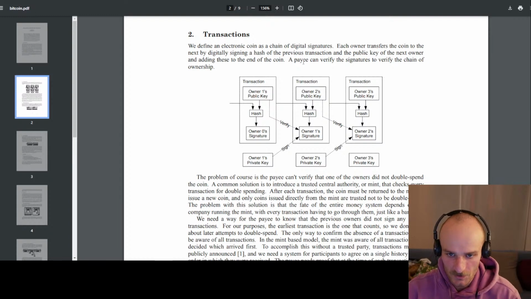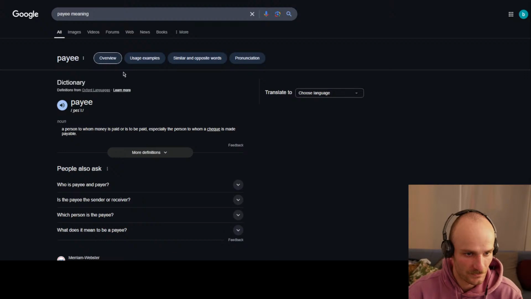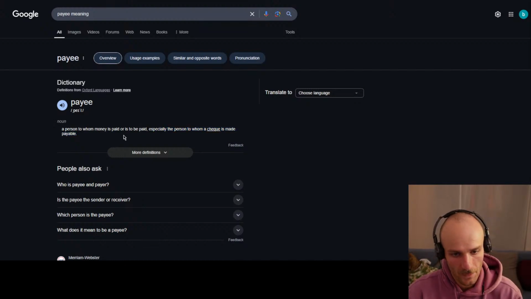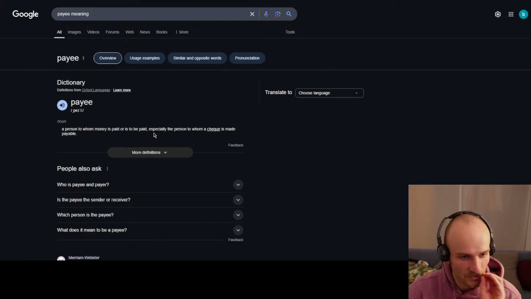So first of all, I will start from this statement here. A payee is the guy who's receiving a payment, right? A person to whom money is paid or is to be paid, especially the person to whom a check is made payable. And this secondary statement here is really useful in this case